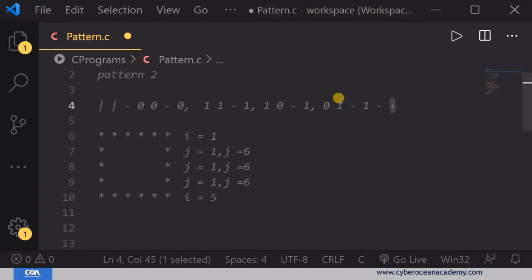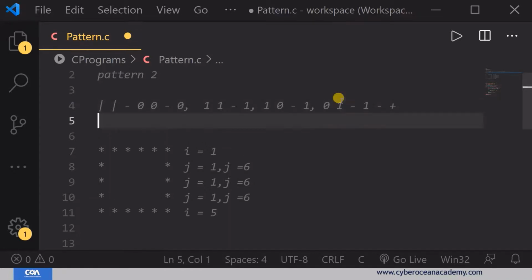So this behaves as a plus operator. When you add 1 plus 0, this will give you 1. When you add 0 plus 1, this will also give you 1. So if you have at least 1, that means the condition is true. So how does this basically work? If you have operands like A, you just write here A or B.